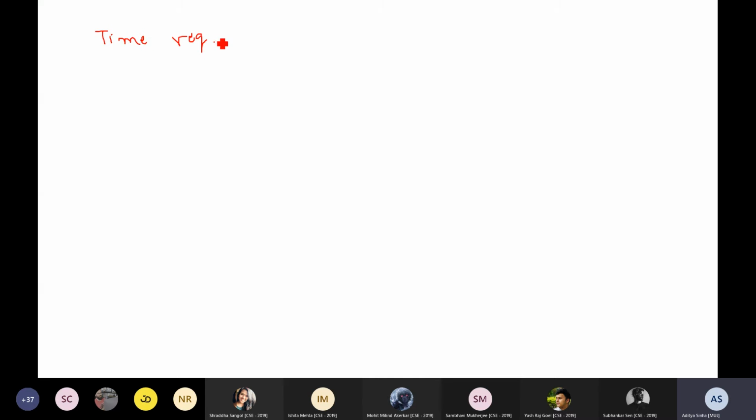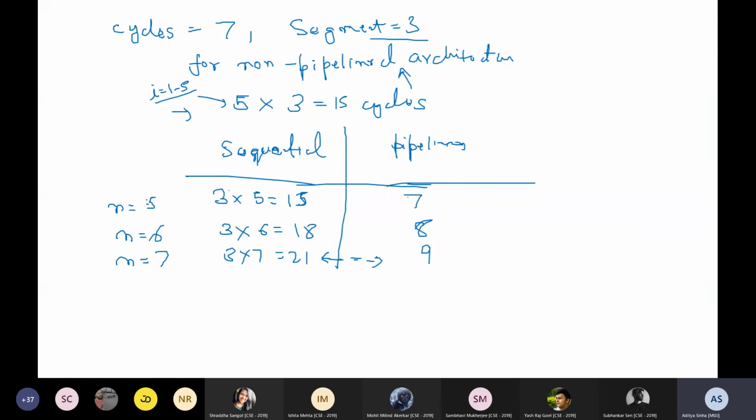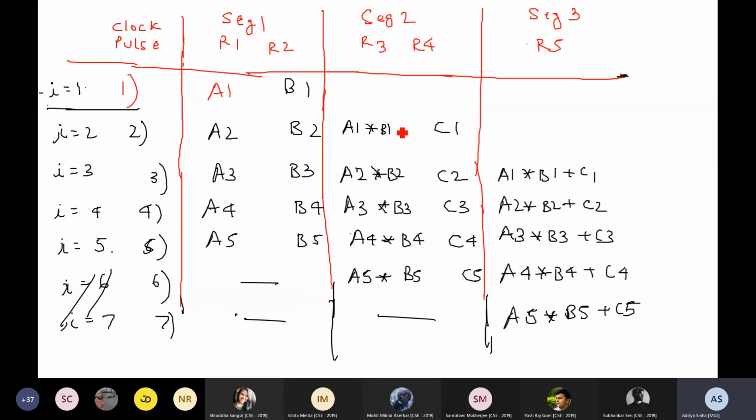Time required to perform the first task. The time required to perform the first task in this case was how much? पहला जो ऑपरेशन यहाँ से निकला परफॉर्म होके वो कितने टाइम के बाद निकला एक्चुअली? Can anybody tell me? Is there a relation with the segments we have done? If TP is the time each of the segment is taking to perform their action, how much time is actually taken by the first operation? Sir, the general notation is n+2 times t by 3.